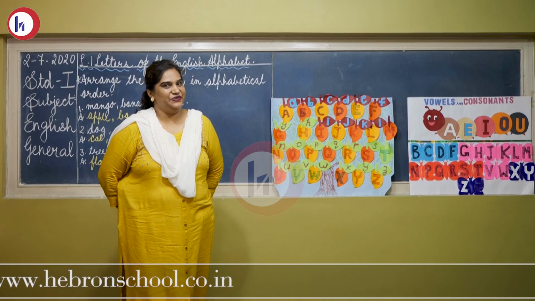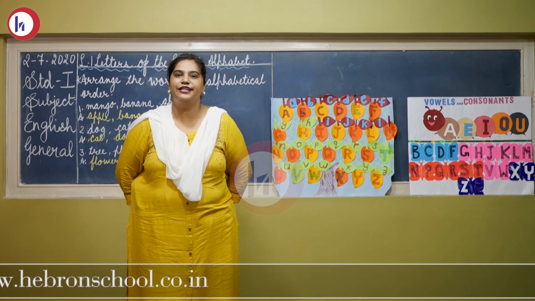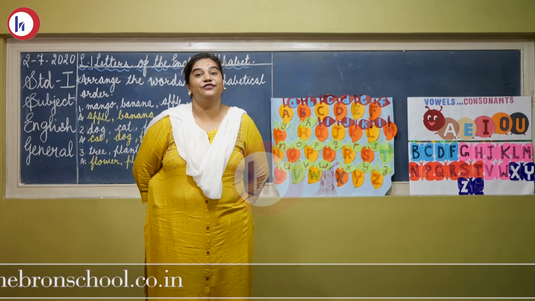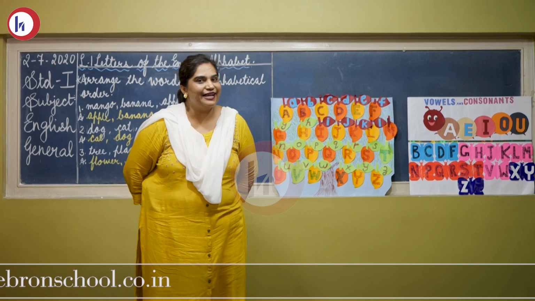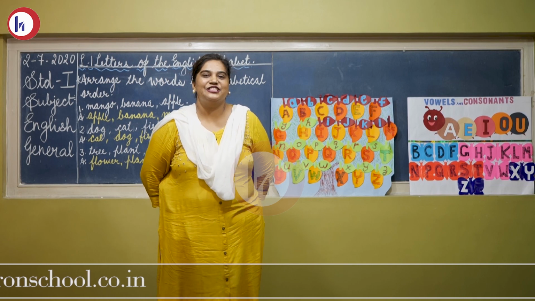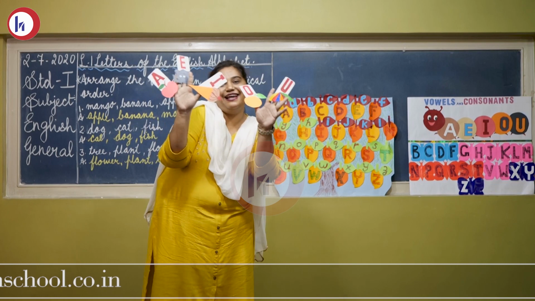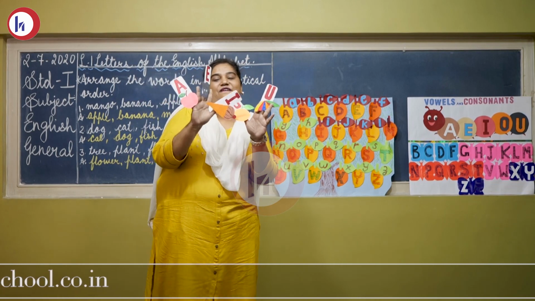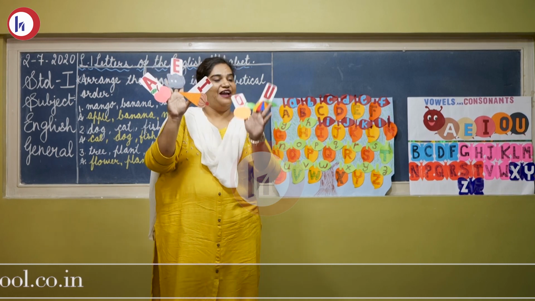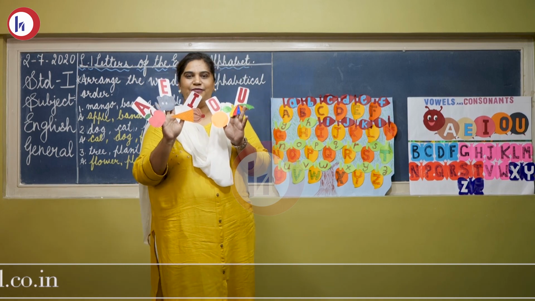Okay dear students, so today we have learned about the vowels, consonants and how to arrange the words in alphabetical order. Now today we will end our session with one poem. Are you excited for that? Are you ready to sing with me? Come on, let's start. You know this poem, it's about the vowels. How many are there? Yes, there are 5 vowels. Very good. A, E, I, O, U. Now we'll sing one poem regarding it.